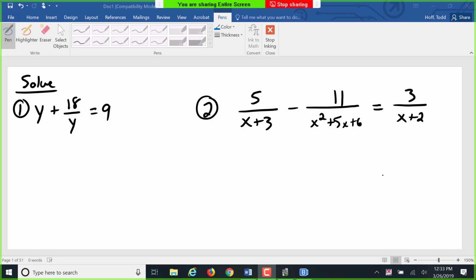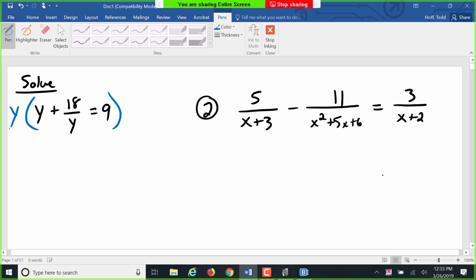So for the first one, what are we going to use as our common denominator to multiply by? Just y. Y is the only denominator there, so we're going to use just the y. Now as we multiply this, y times y is y squared. Y times 18 over y, well, the y's will just cancel out. So that gives us just 18